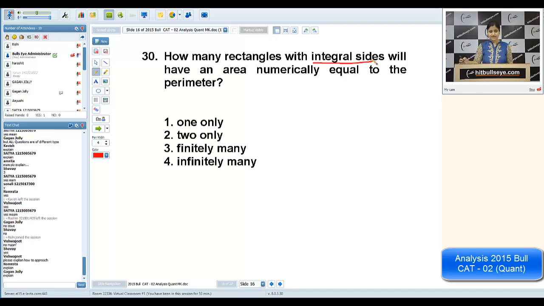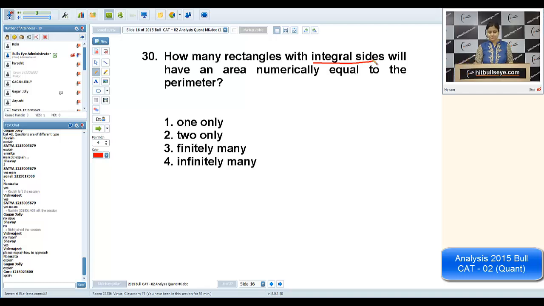Which will have an area. What is the area of a rectangle? That is length into breadth. Numerically equal to the perimeter. So what is the perimeter formula? That is twice of L plus B. So what is the thing given? That is LB is equal to twice of L plus B. Numerically this is equal. So we want to find how many rectangles with integral sides are satisfying this condition. If we solve it,